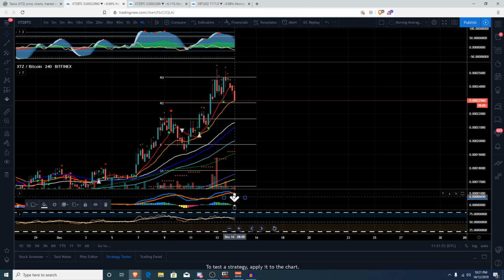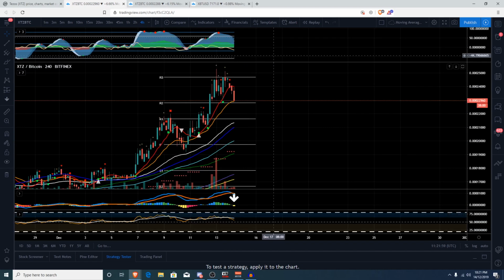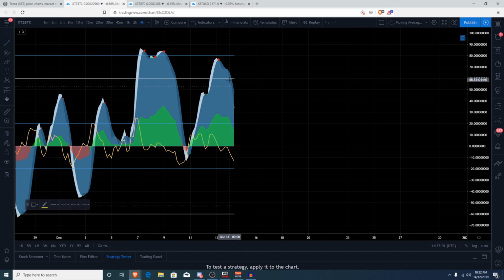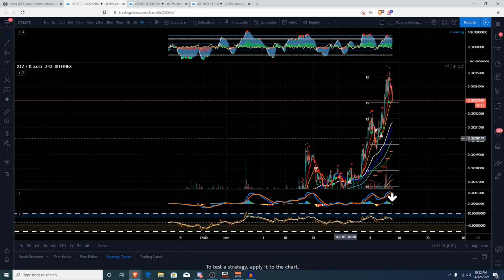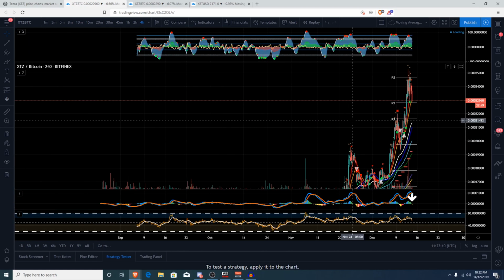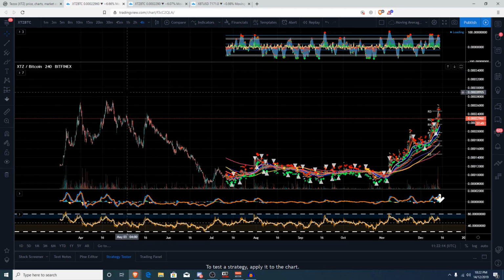So basically, more confirmation. The more confirmations you have for any trade that you want to take, the better. On the RSI, same deal. We actually were losing momentum. We had bearish divergence from this peak to this peak, on the 4-hour time frame as well. So looking at the bigger picture for the 4-hour time frame, we did talk about this in the last